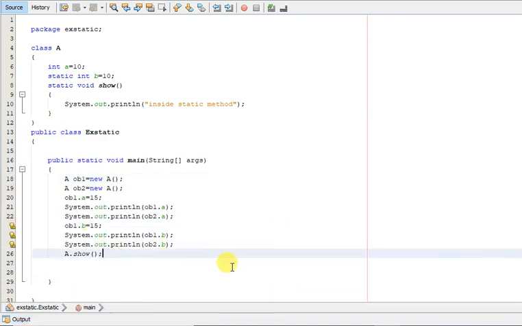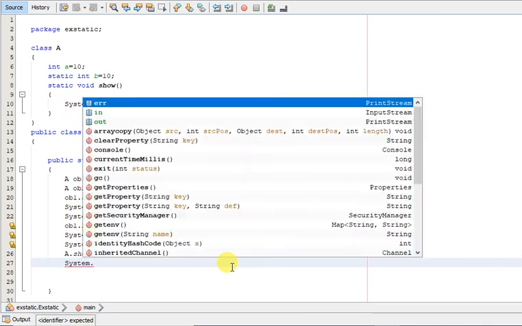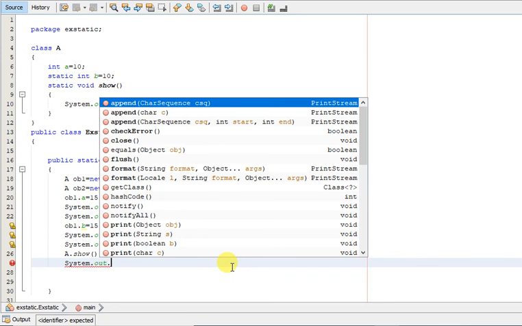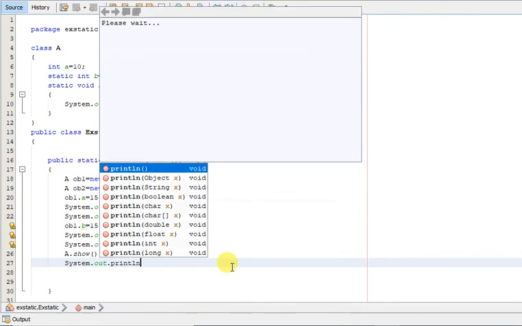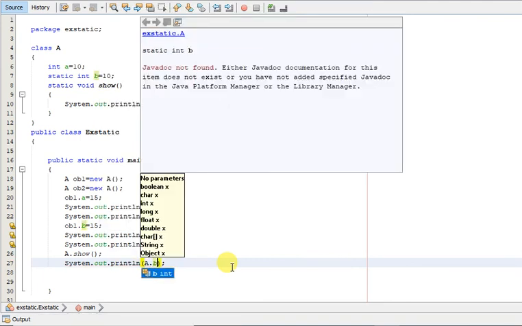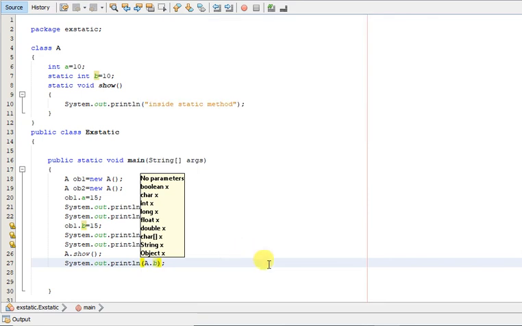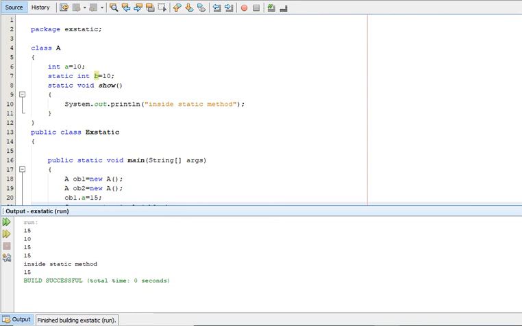We can also access the static variable using the class name, A.b. Both static variables and methods can be called using the class name.